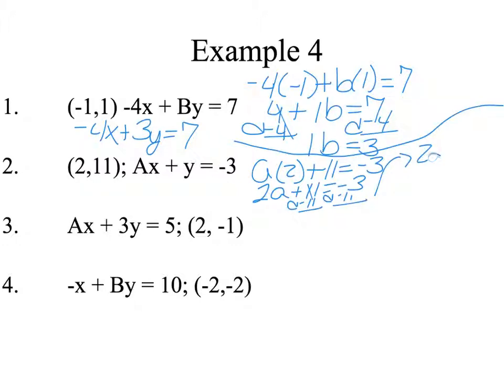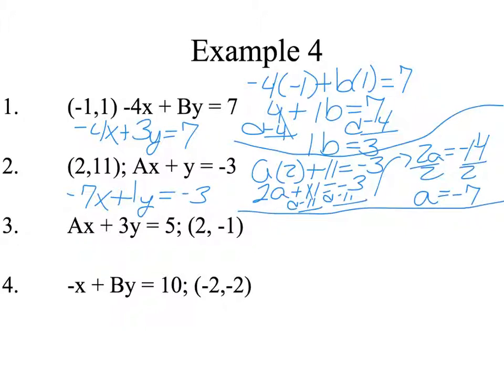And you get 2a equaling negative 14. Divide each side by 2, and we get a being negative 7. So negative 7x plus 1y, or just y, equals negative 3. Number 3,